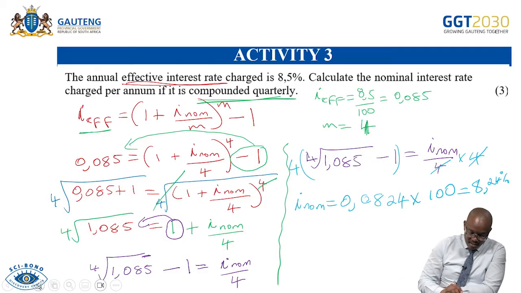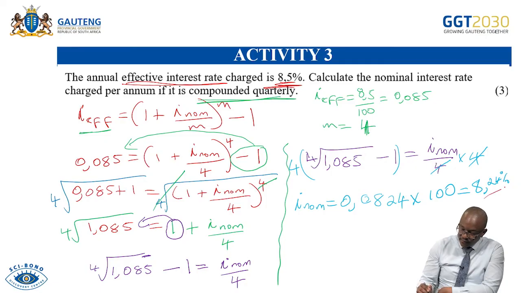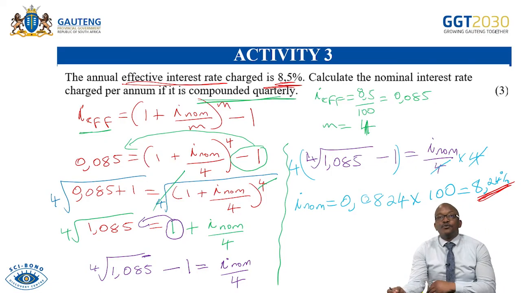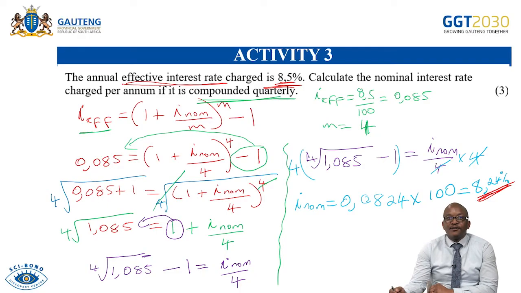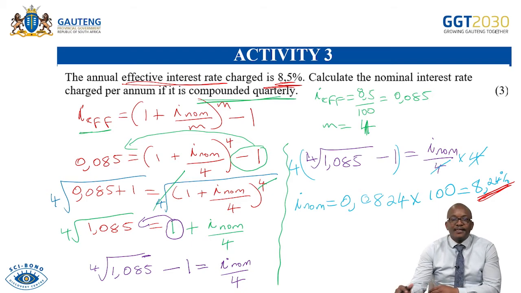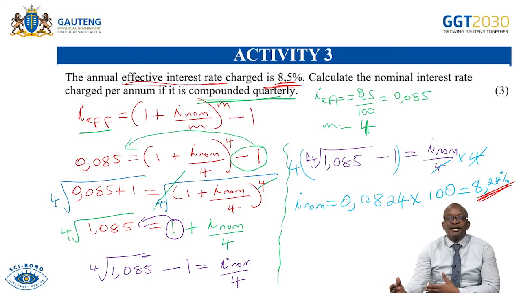So remember, we have mentioned that your effective interest rate will always be bigger than your nominal interest rate. You can see that your nominal interest rate is as small as 8.24, and then your effective interest rate was 8.5. So those are the things that you have to bear in mind as you are calculating this. But remember, the method is the same. You must know when to transpose, know where to apply the root sign, know where to multiply. So it's just basic